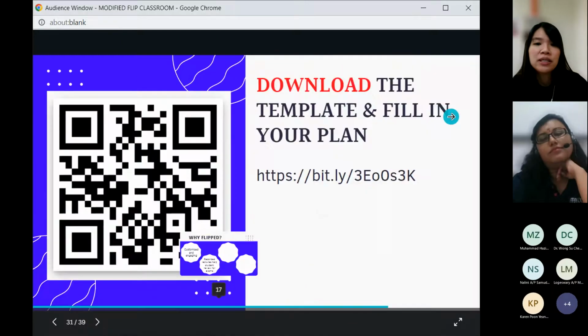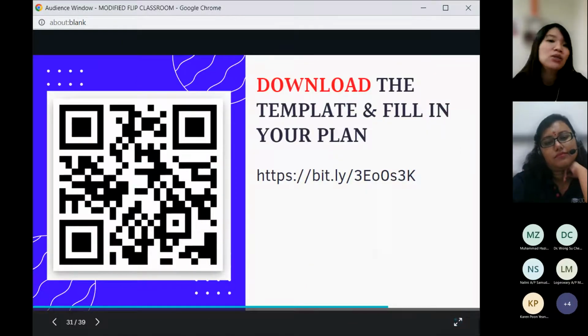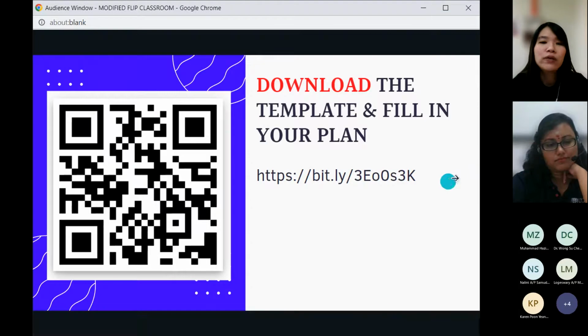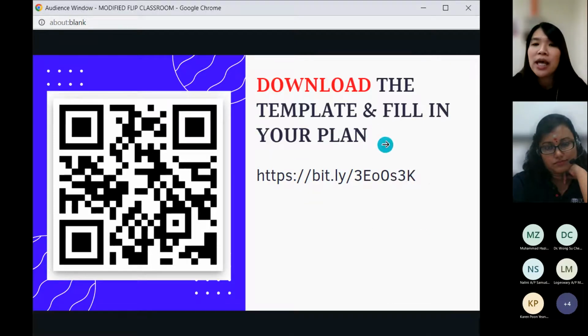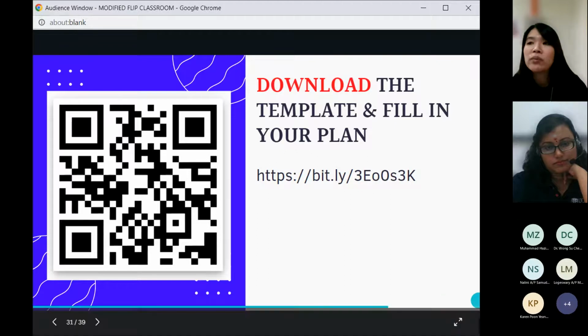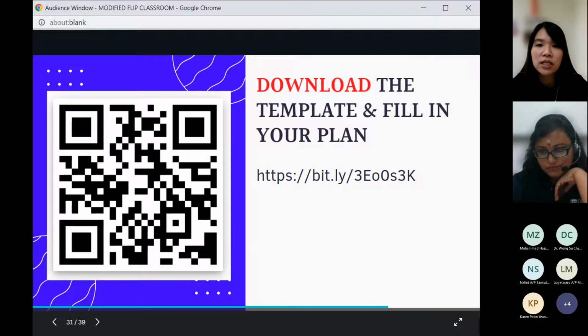So here is the template. If you feel comfortable using your phone, you can use your phone to scan, or if not, you can use your laptop to key in the link and download the template. So maybe Ms. Shamini, you can share the link in the chat box so that it's easier for them to download the plan.